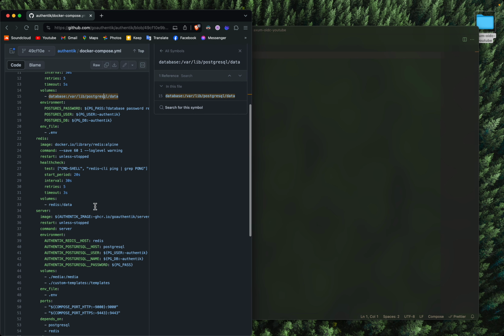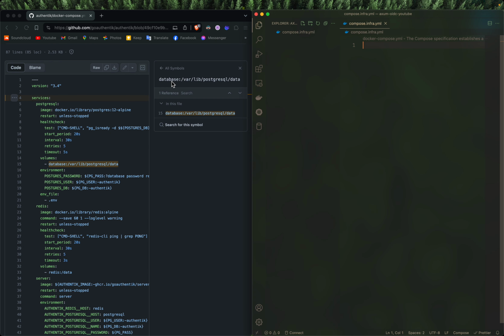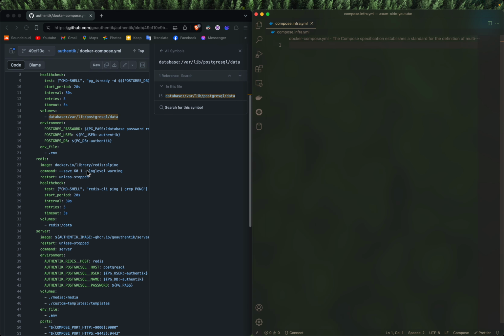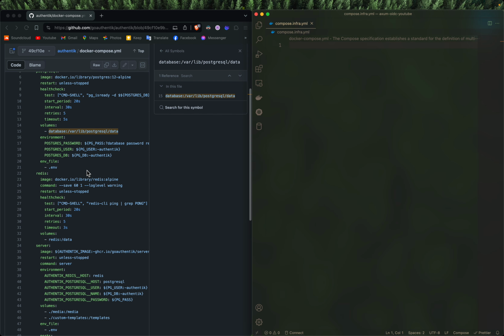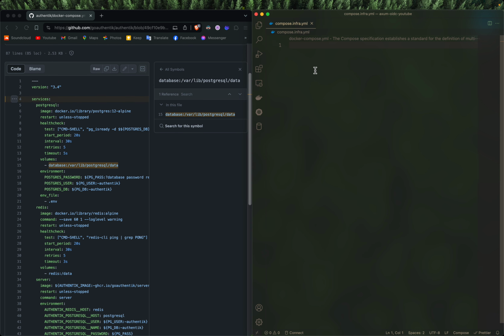Alright, so let's write that compose file right now. I'm going to do a reference upon this one, and then I'll just do some adjustments so that you can see what I'm doing. First, I'm going to need the version. I'm going to set it to 3.9. The name is going to be infra,